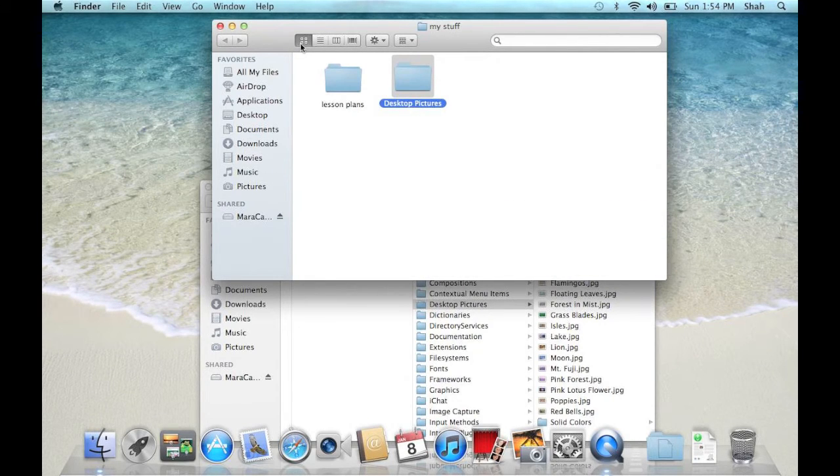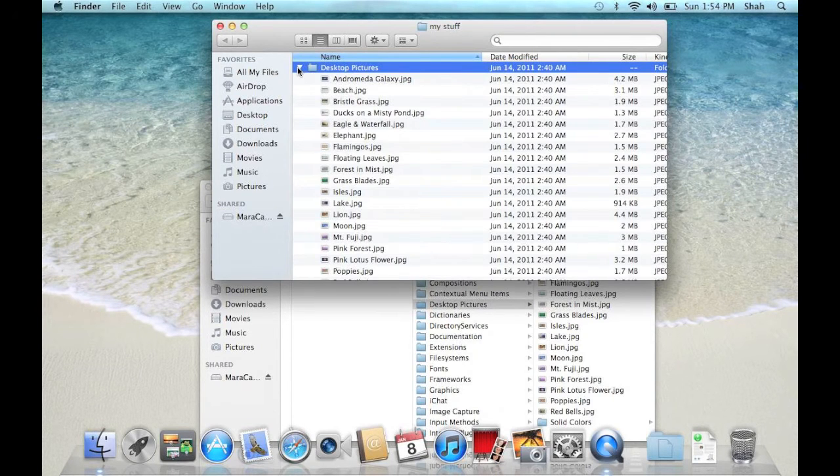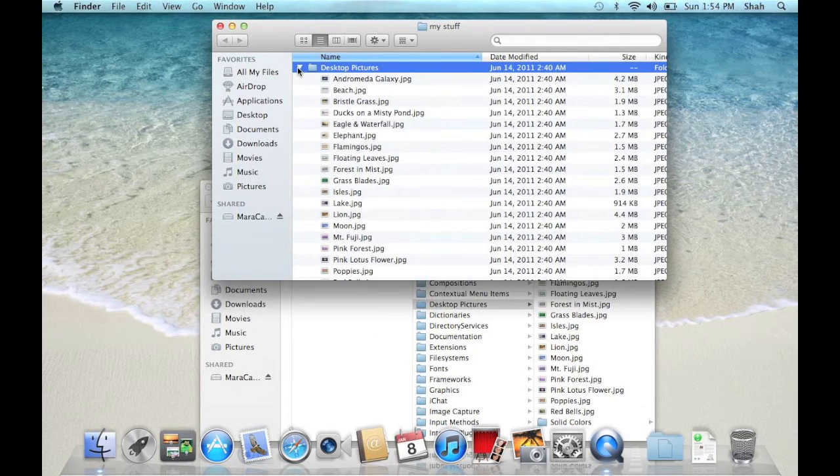Click on the List View button. This view is most like Windows Explorer. Click on the triangle to the left of Desktop Pictures to show its contents. Click on the triangle again to hide the contents. Click Cover Flow View.